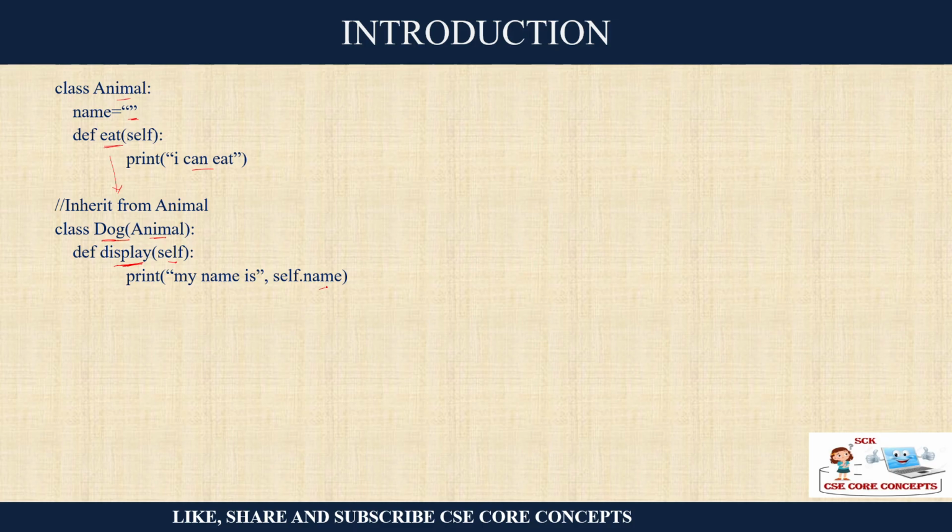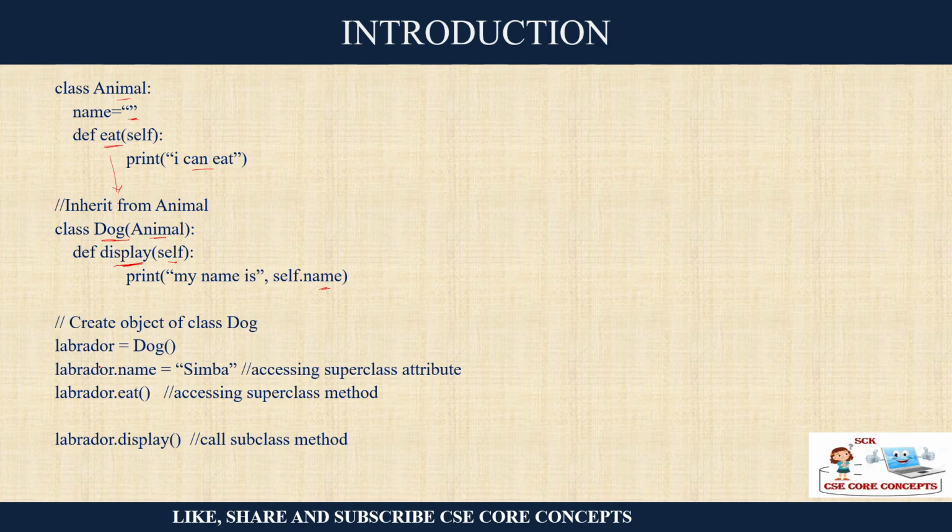My name is so and so, I am simply printing the name. Now you have to create an object of the class dog, let's say Labrador. It is an instance, or object, of the class dog. Now dot name, I am assigning its name, because this name has been defined in your classes. I am saying my name is Simba. Here I forgot display name. I can say Simba, and dot eat method I am calling, and I am calling dot display. It will display, so name is also here.